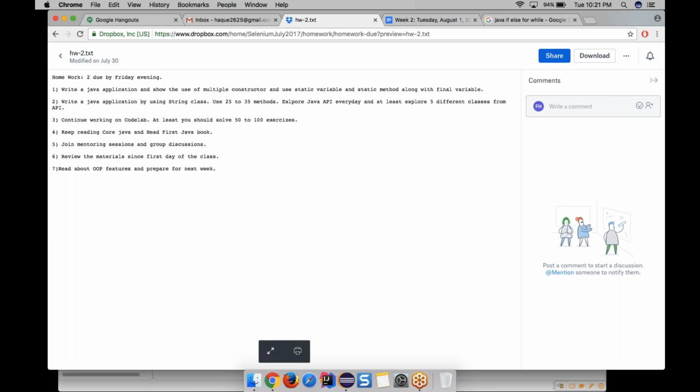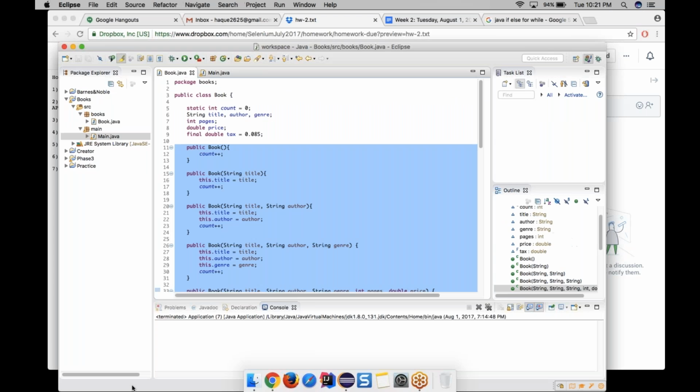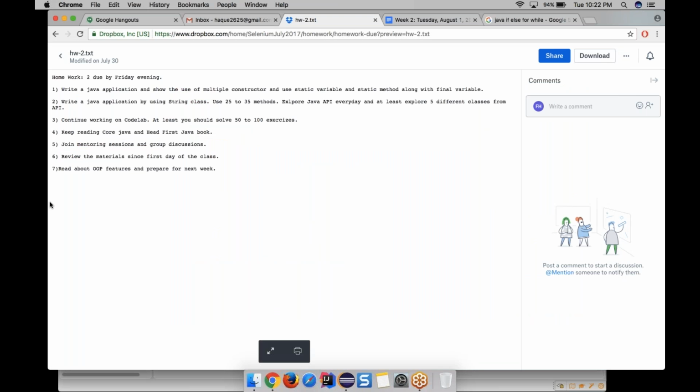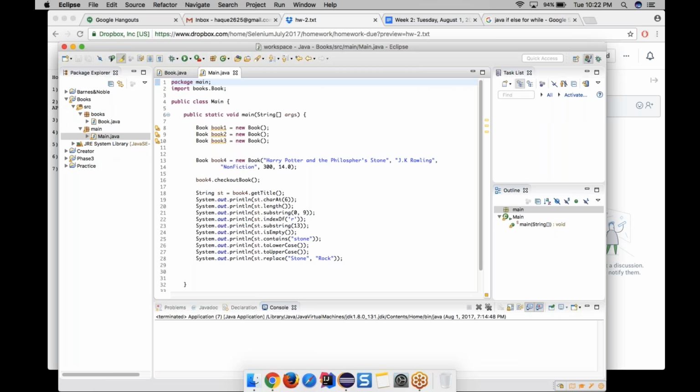He wants to see how you guys can use multiple constructors, and also use a static variable and static method, right? So not in my main class. He wants you guys to use multiple constructors. This isn't a good example here because I'm just using the default constructor. If I were to show him that I can use multiple constructors, I would say one constructor would be